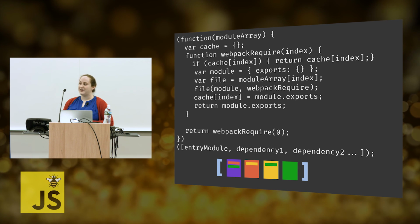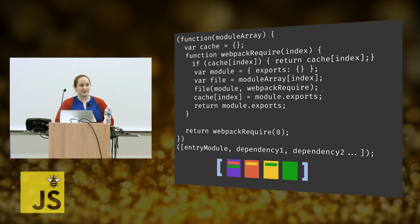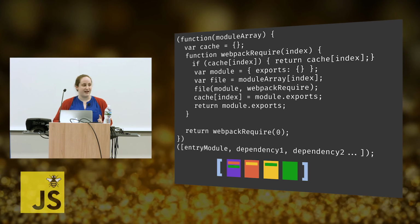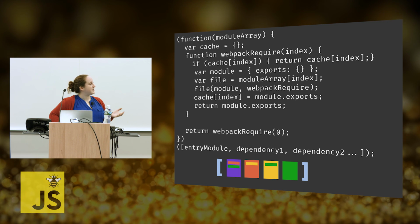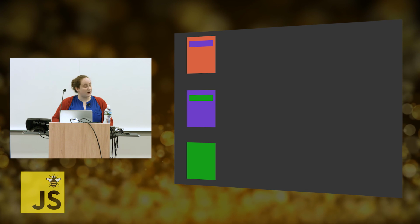But some of you guys might be like, that is a lot of text in front of me. Like, can I please see an example of this? Yes, you can. We're going to walk through an example and then walk through the code, pretending that we are executing the code like the browser. So we're going to work